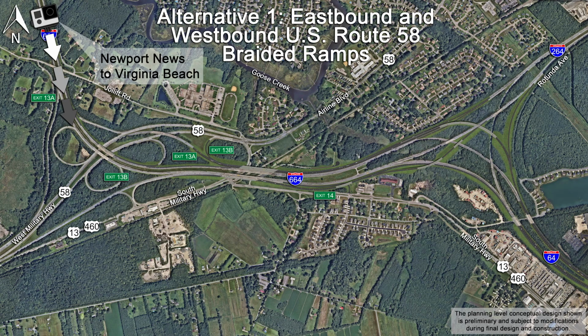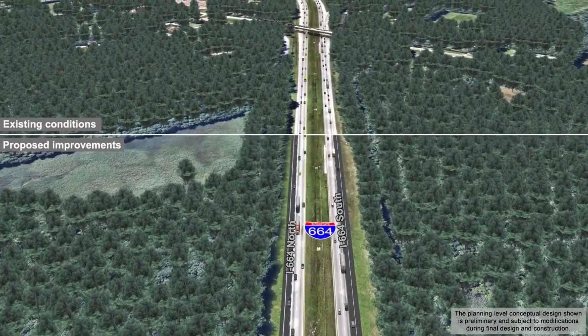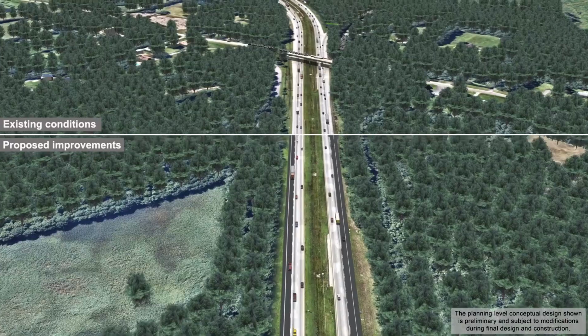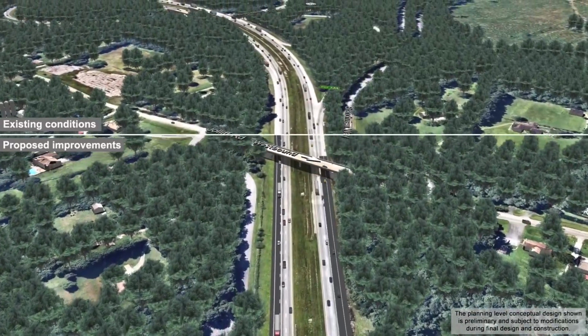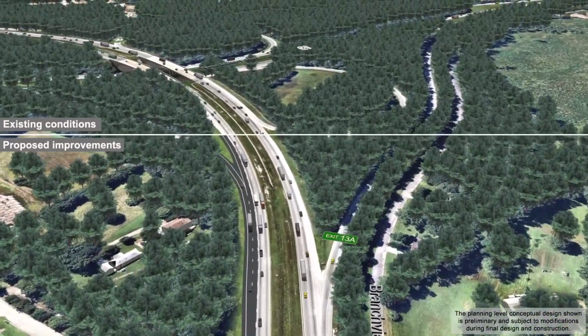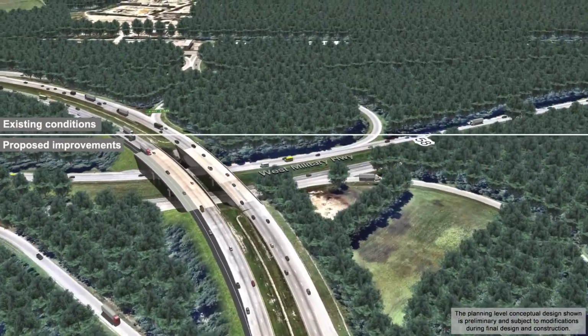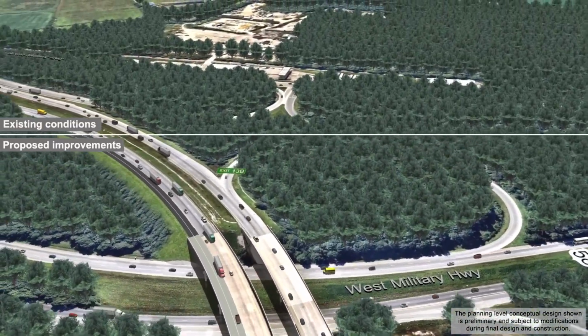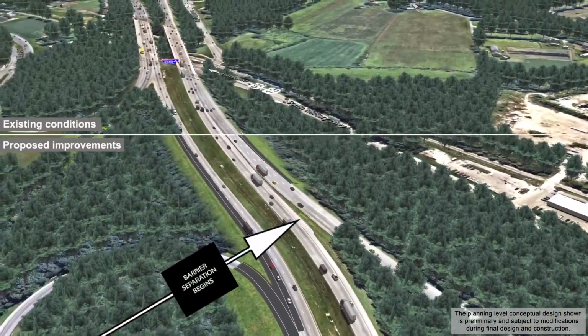This perspective simulates travel along I-664 South with existing conditions shown at the top and proposed improvements at the bottom. Traveling along, areas to the north appear on the left side of the screen. Improvements proposed by VDOT would widen I-664 with an additional lane in each direction. Following the West Military Highway overpass, a barrier would provide separation between motorists traveling along I-664 South and motorists on